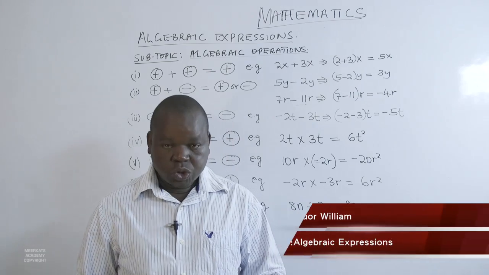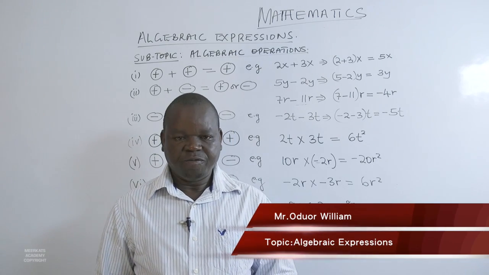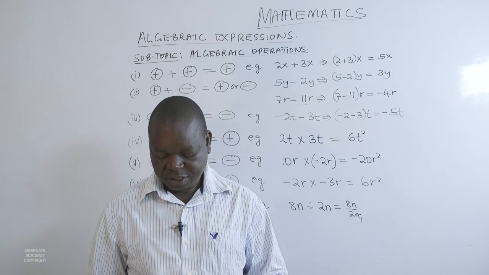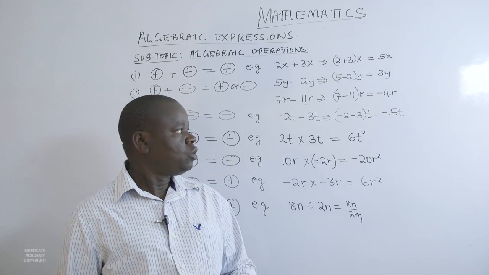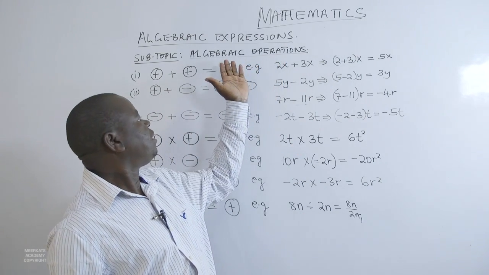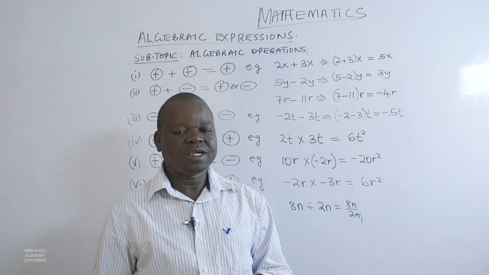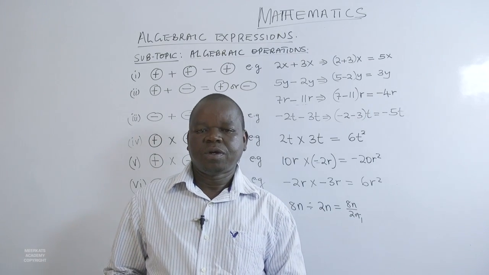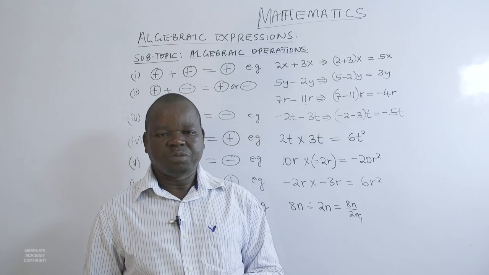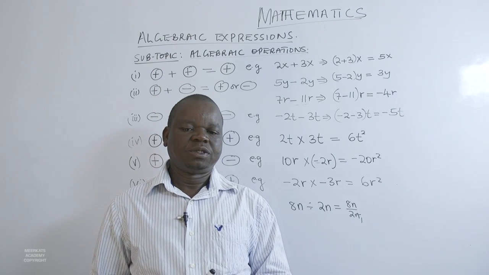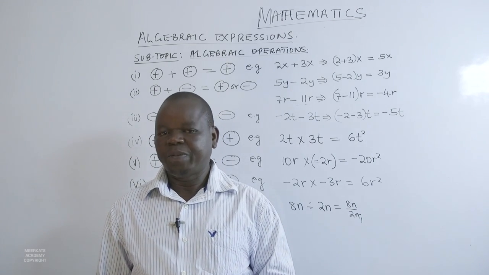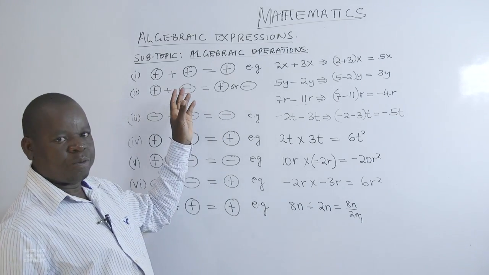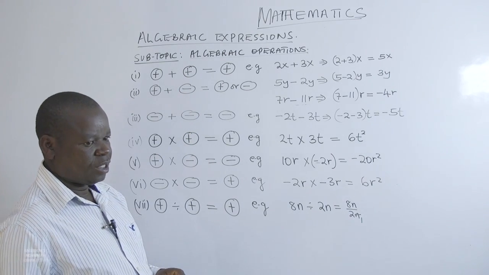Good morning. Today we want to look at simplification of algebraic expressions. But before we do that, we want to look at the way we can operate on algebraic operating signs, that is addition, subtraction, multiplication, and division. So when we look at the operation of the signs, we have to appreciate that